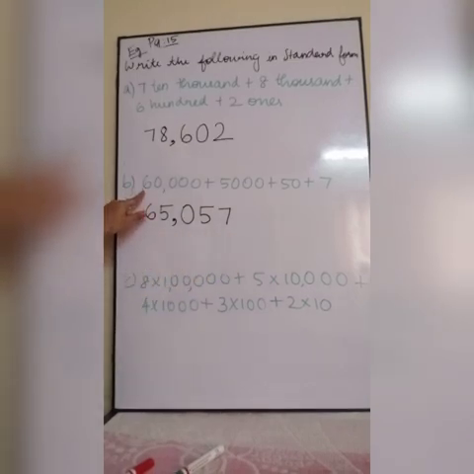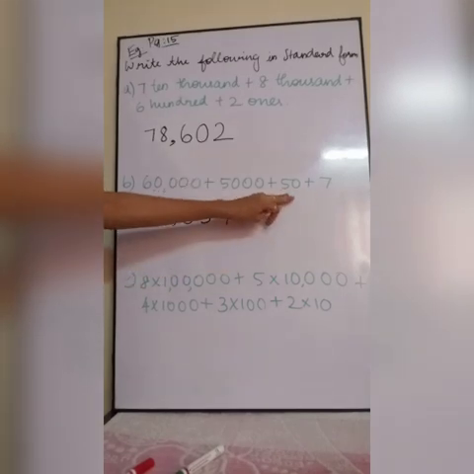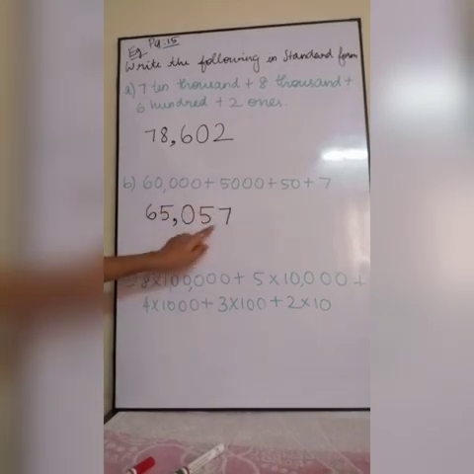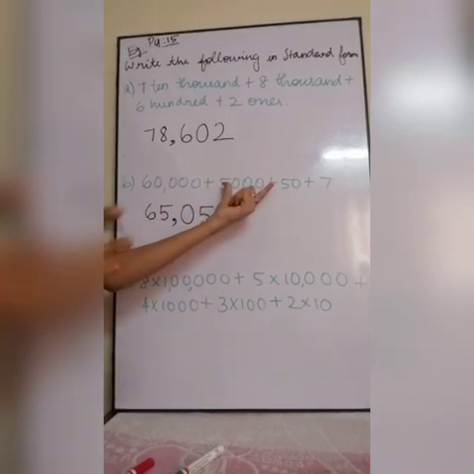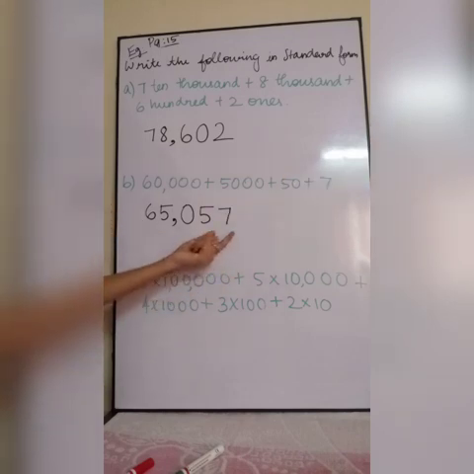See, listen. Here totally 5 digits are there. After that, 4 digits should be there. So I wrote 5. After that, 3 digits should be there. Are there any 3 digits here? No, so I am putting 0. After that, 2 digits, so I wrote 5. After 1 digit, 7. For this, you can count the digits and write it. 5 digit, 4 digit, there is no 3 digit, so I am putting 0. After that, 2 digit, then 1 digit. This is how you should write the standard form.